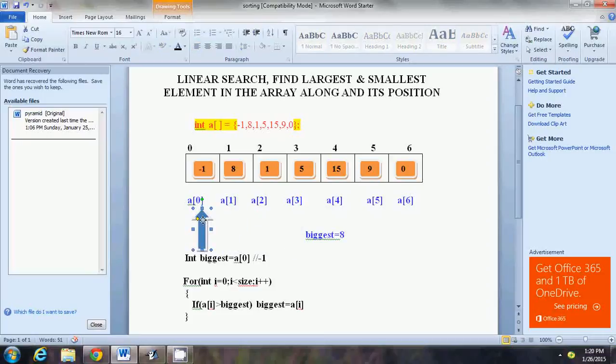Let's start from the first. What happened now when you checked? Is -1 greater than -1? Say the biggest is initialized to -1. No. Increment it. Now, what happens when A of I is greater than biggest? Now, biggest is equal to A of I. Now, what is happening when we enter this block,